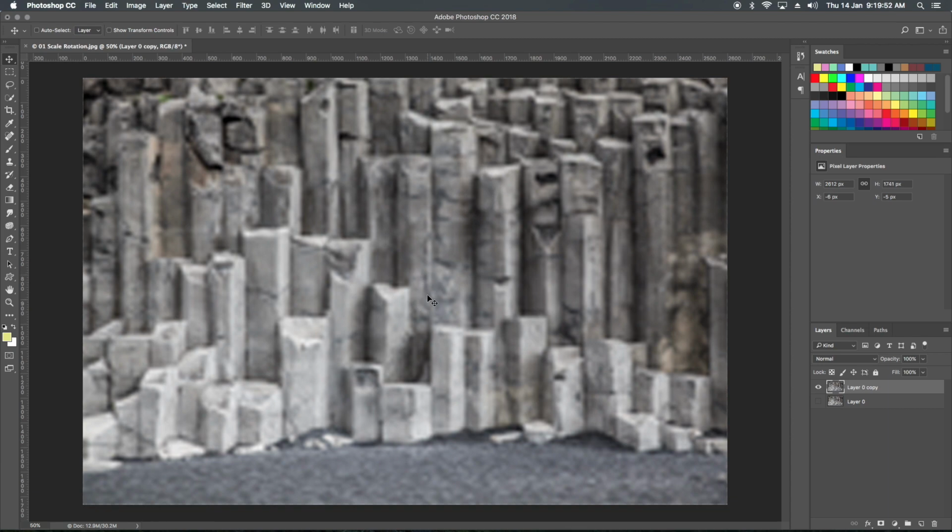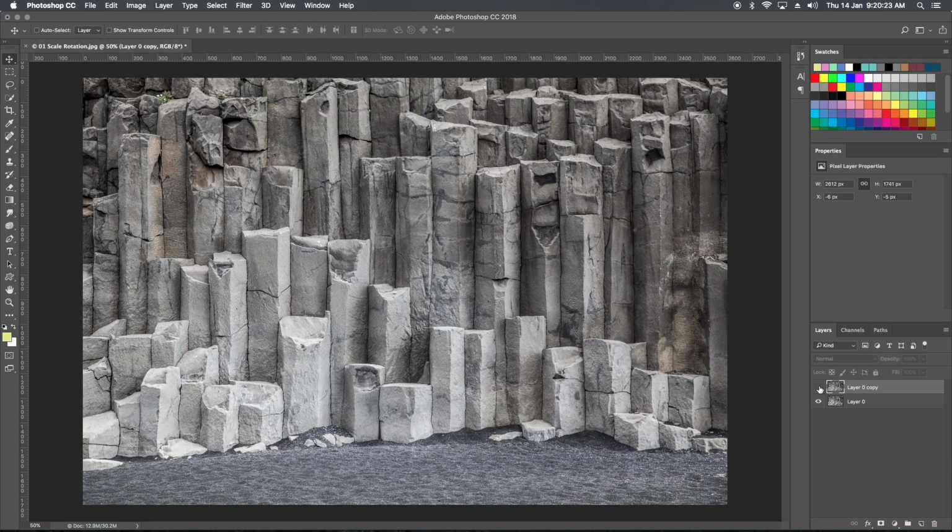This is what happens when scaling, the vector and raster difference. To control this kind of scenario, we have to make our images from pixel to vector, by changing this image to a smart object. That will take care of it. Look, this is the image after scaling down and scaling up, and this is the original image. Look how many pixels got lost.